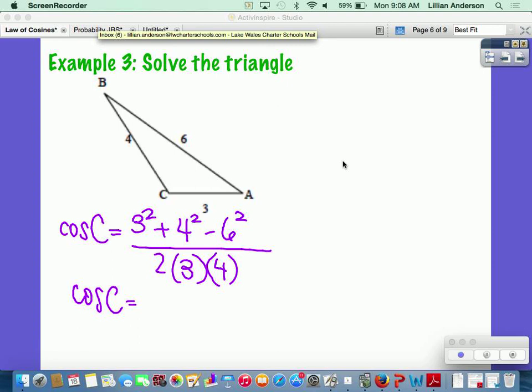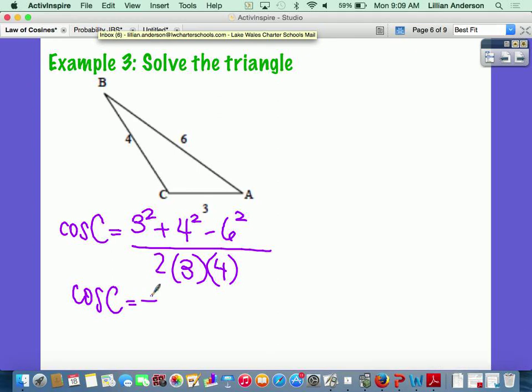What numbers did you guys get? Negative. Negative what? 11. Very good. And so then when you take the inverse of this long decimal, you get your angle,